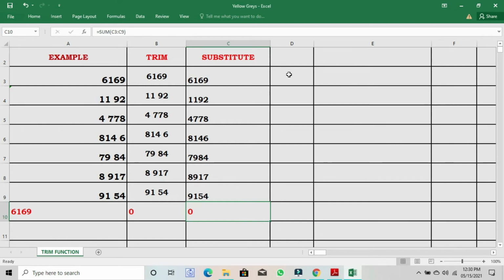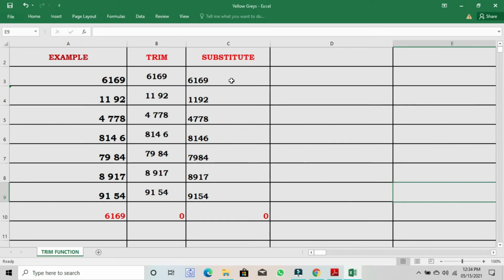Why are we getting 0? Because in this result the values are text strings, while we want them as numbers. To fix this, we will use the VALUE function along with the SUBSTITUTE function. In case of the SUBSTITUTE function, all the spaces are removed.